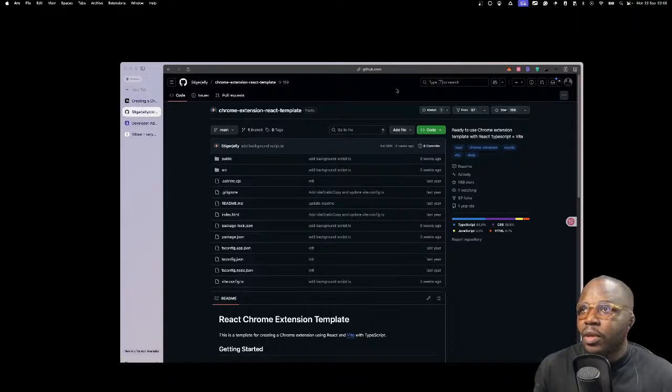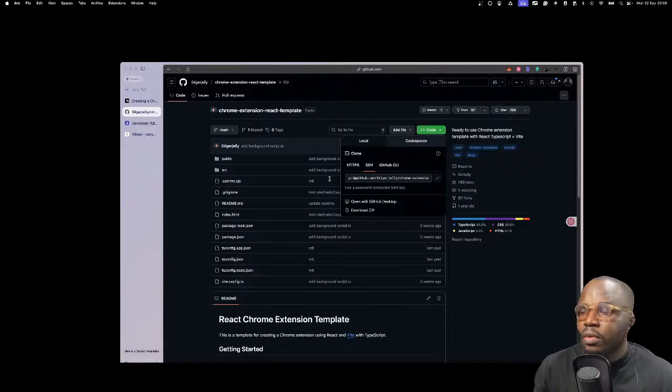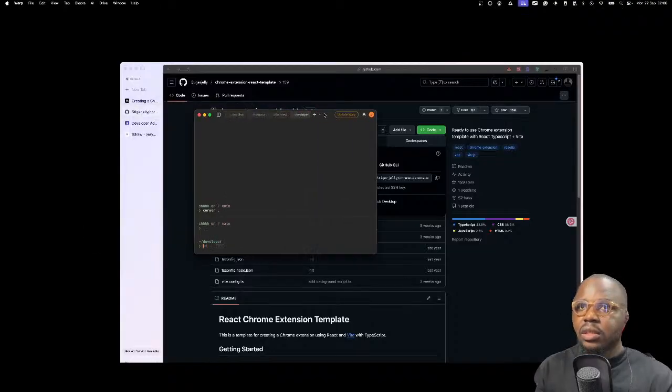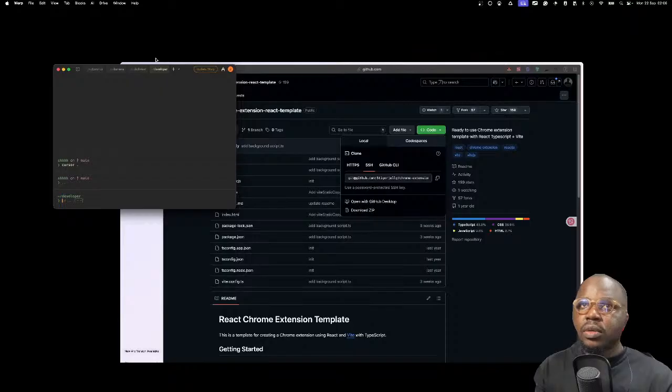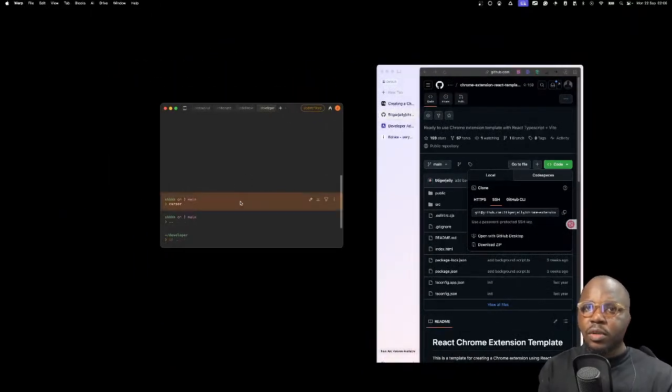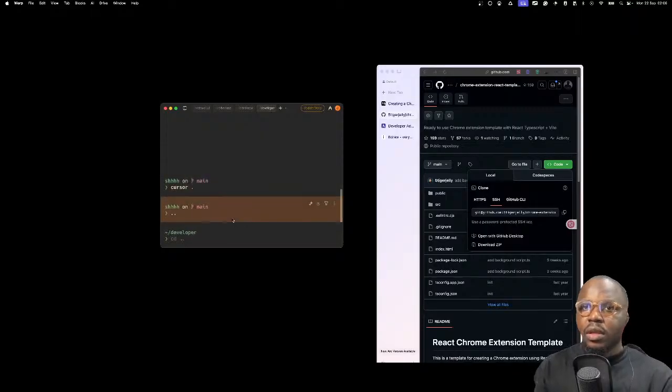So this is the boilerplate code. I'm going to clone it, right? I'm going to pull up my stuff right here. I have Warp right here, so I'm going to pull up Warp.